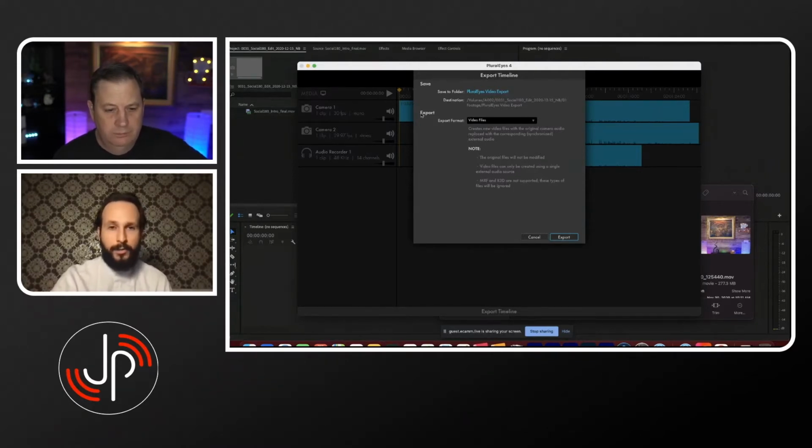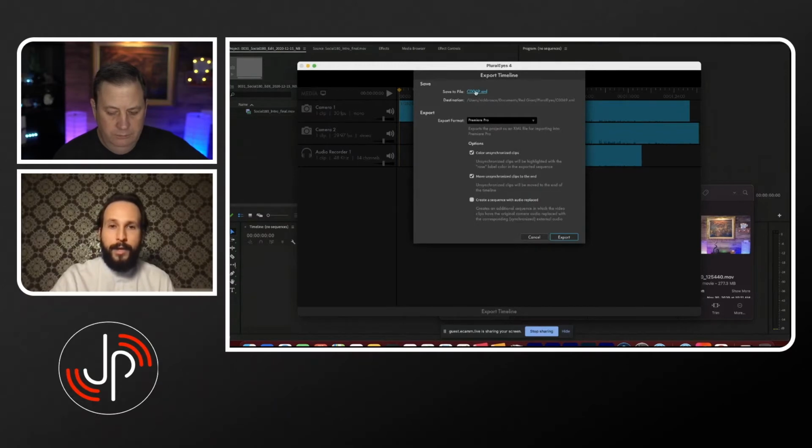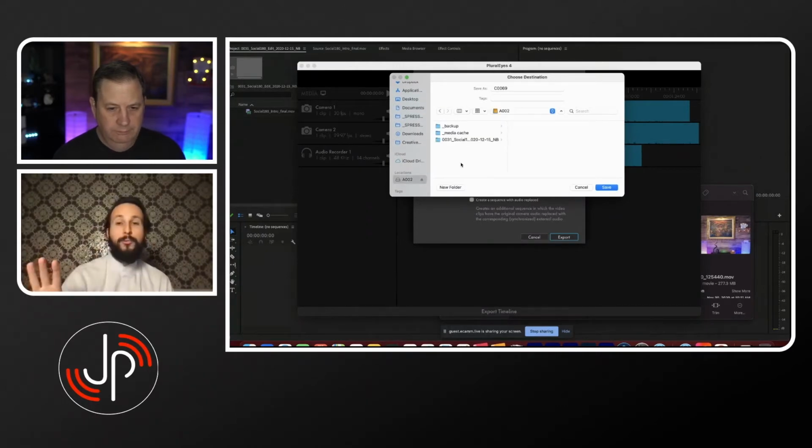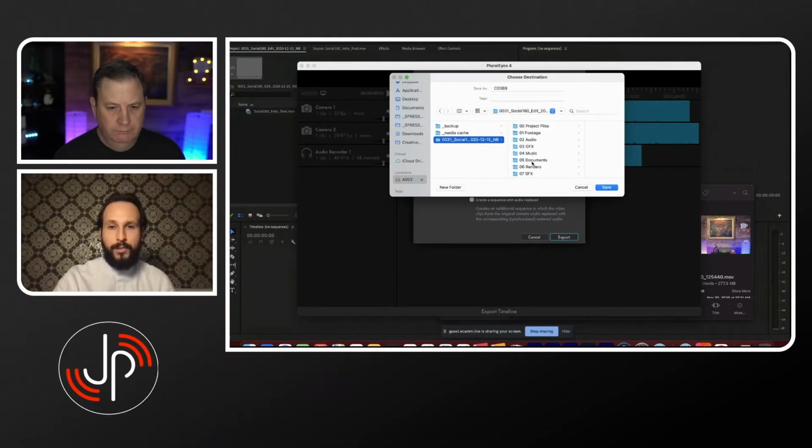So I'll show you how we're going to do that. For our format, we want to do Premiere Pro. And we're going to choose where to save this XML file. It's basically just like a little tiny data file that creates a blueprint for how the timeline should be. And it's basically just pointing to our media files. It's not creating any new media files. So I will just put this in this documents folder.